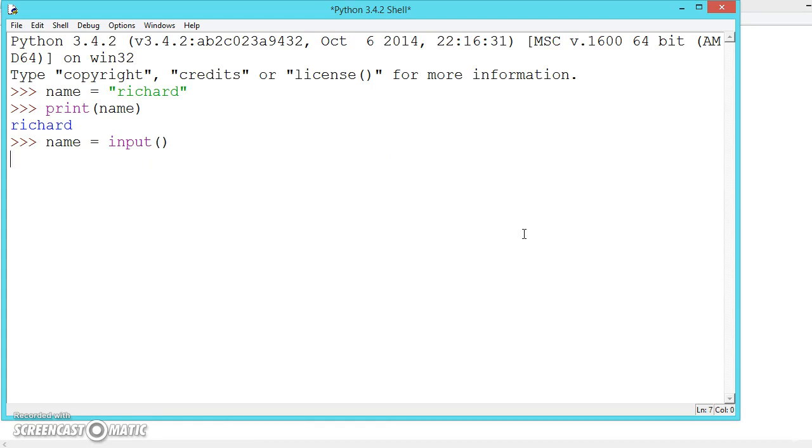Now if we press enter, it is asking the name. Now we can give Rich and print name, Rich. But here the user will not see this command. We know that we have to enter the name, but the user will not see this command. So for that we have to write name is equal to input